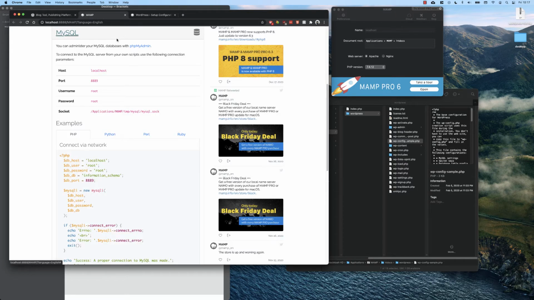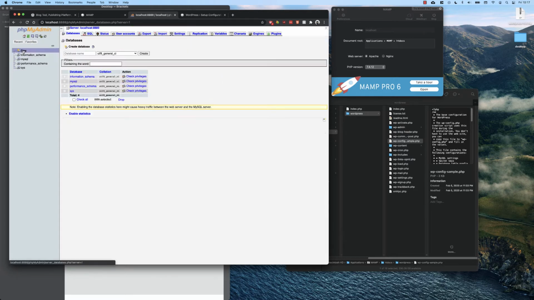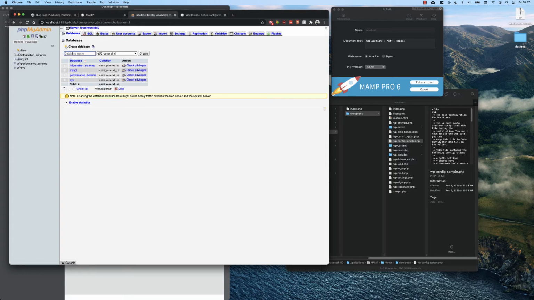So underneath MySQL, you can see how we can administer our database using this phpMyAdmin. And so we're going to go ahead and click on that and open this up. And this is where we're actually looking at our database and what's all in here. So we're going to go ahead and hit New, and we want to create a new database. And we could call it that same WordPress if we want. We could call it something new, maybe mytestdb. Okay. And I'll create that,